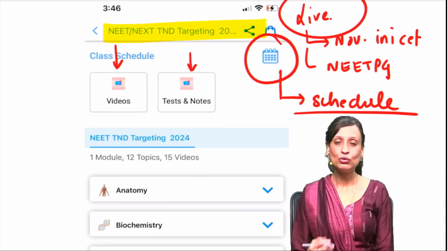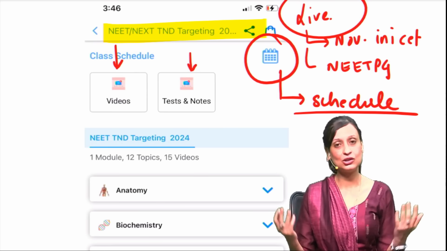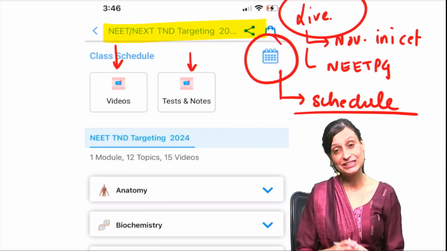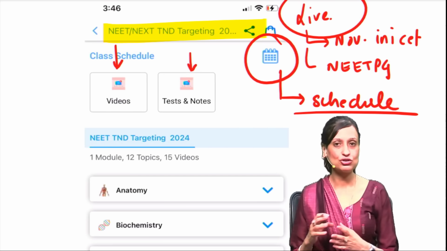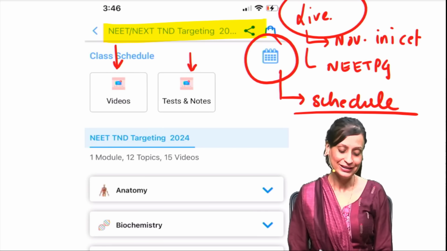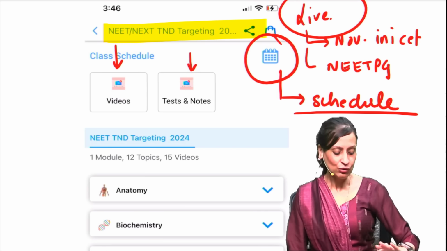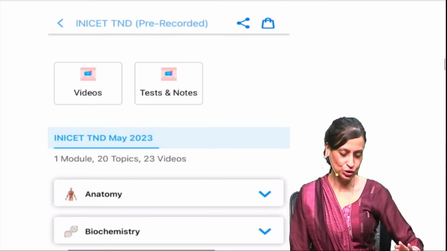Okay, so you can appear for the test on the app itself, and you will get an overall ranking. You will get a detailed analysis of the number of correct questions, wrong questions, your percentiles, your ranks, and so on and so forth. Now, before I go on to that part, what we need to know is that some of you might want to take up